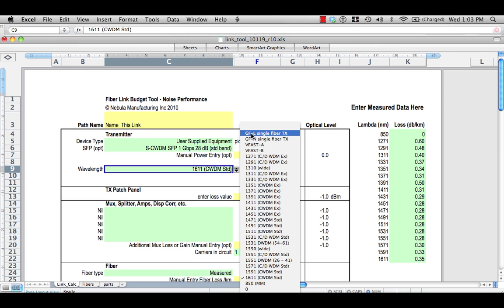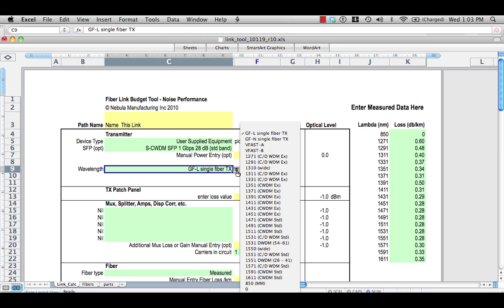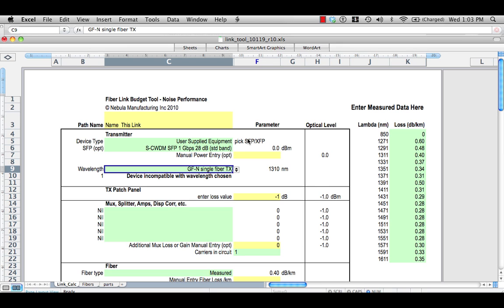If you were using the G-Fast in a single fiber mode, you can just pick that and it automatically populates that field. If you're looking at the link going the other way, say it was the ONU end, the GFN talking to the OLT or the head end, then you would pick that device and we'll see it's 1310, and of course that is not a wavelength that is compatible with an SFP, so there's been